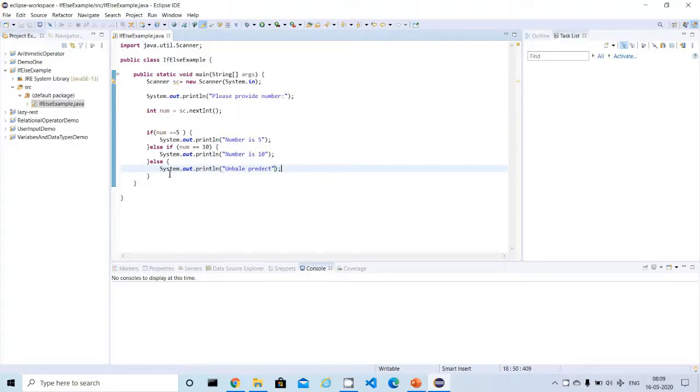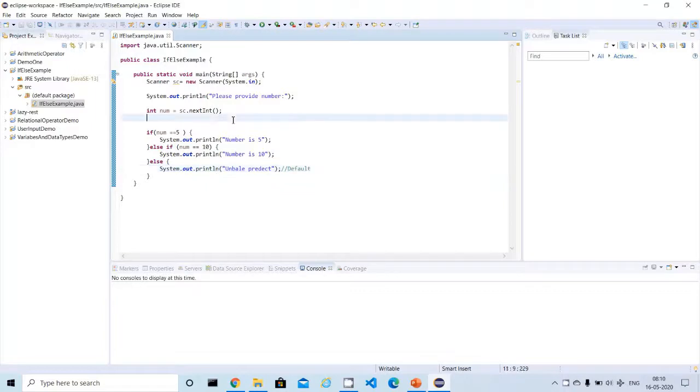So this is the way we can use an if else condition, and we can check all possible conditions as per our understanding. And if none of the conditions is satisfied based on the user input, we are going to provide a default result. So this is the default result if it is not satisfying the first condition, the second condition, and the last one is the default one. So this is the way we can read the input from the user, check all possible conditions as per our understanding, and also display default results to the user.